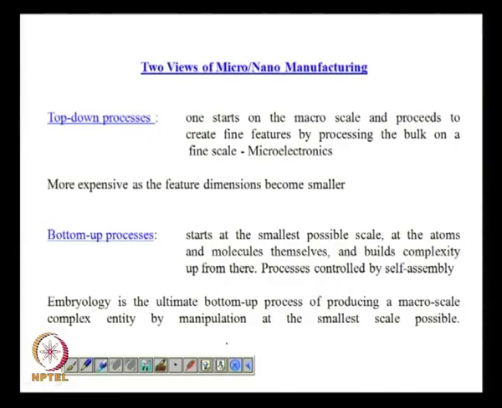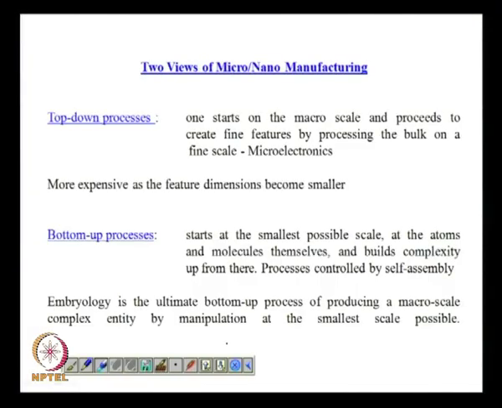So, if you think about these two approaches, they are the prime examples of top down process and bottom up process. So, top down process is when you start at the macro scale with a very large rock, as in Ellora cave. Okay. And you proceed to create fine features by somehow processing the bulk of the material, removing the material which is not needed, and finally come up with a structure,